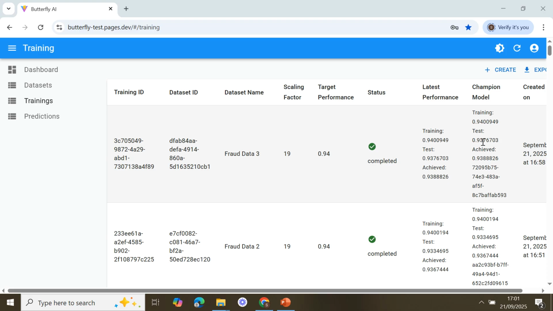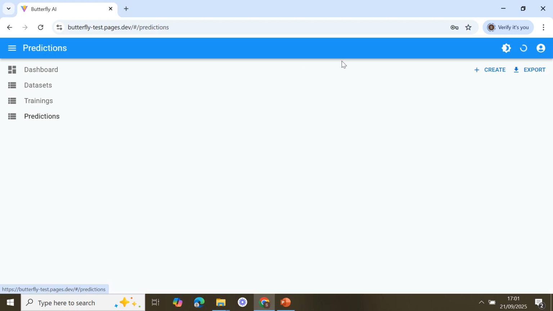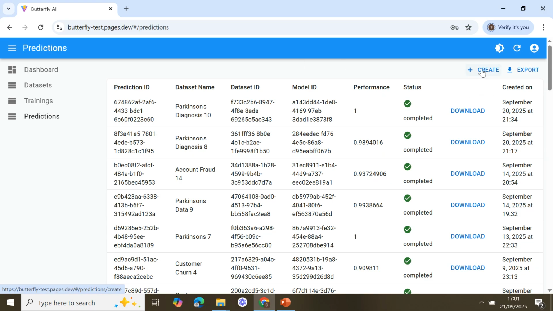So we can now continue this process of hyperparameter optimization by, for example, going after this third hyperparameter, scaling factor. Change the value and explore if we can get better results. The next step is to use this champion model that we have here for batch predictions, to create batch prediction and fraud detection. Now, all you need to do is go to the prediction screen by clicking on prediction,